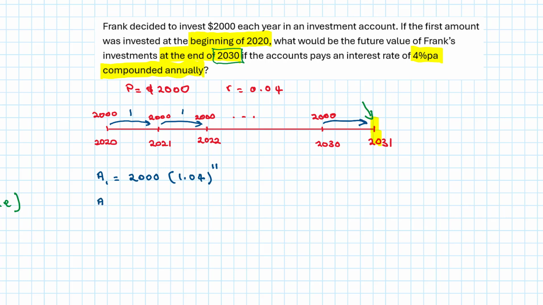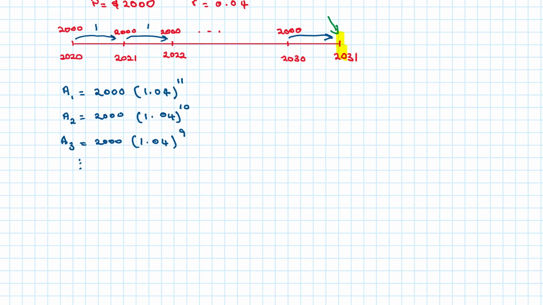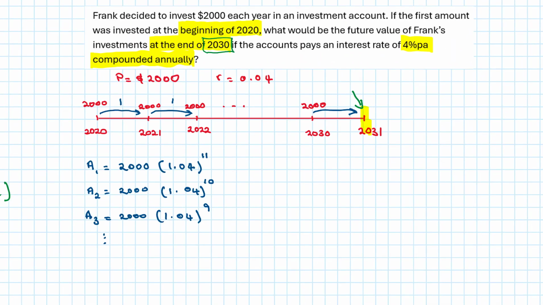Amount 2, $2,000. It's been sitting in the bank account for one less year, so that would be 10. Amount 3, $2,000, one less year, and continuing that pattern, our last amount is here,